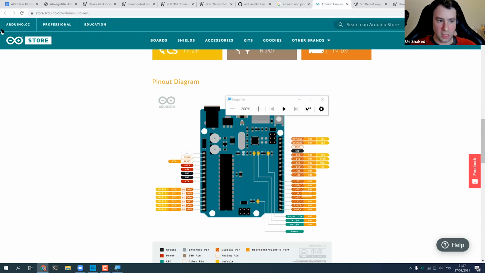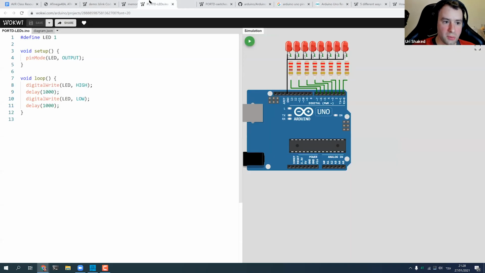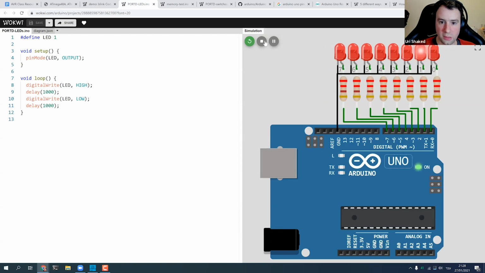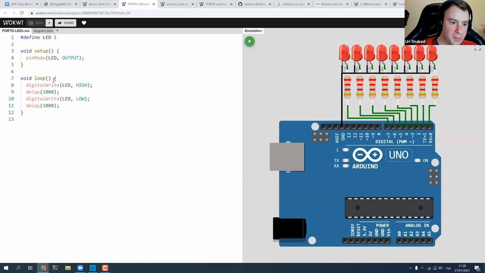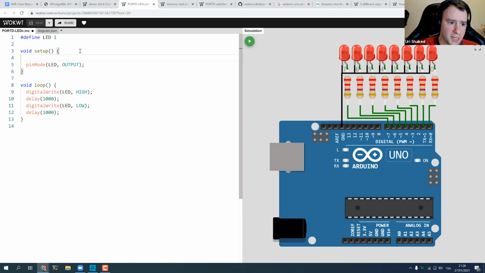And usually if we wanted to use the Arduino digitalWrite API to control these pins, we would have to write a loop. So right now I have this code that toggles that specific pin number 1. But if we work directly with the registers, we can just say something like this.